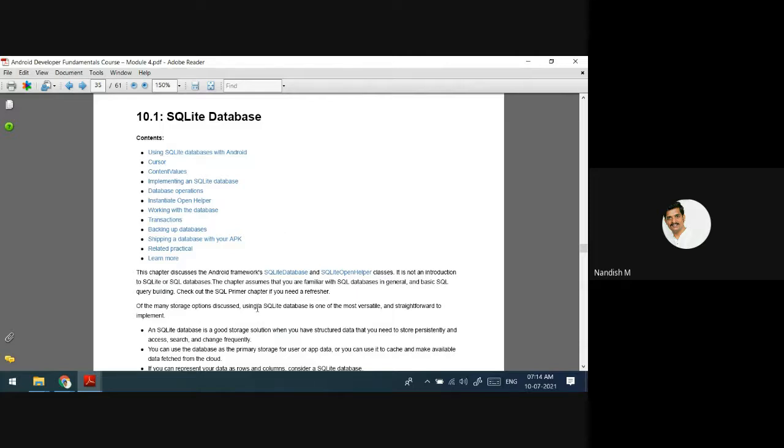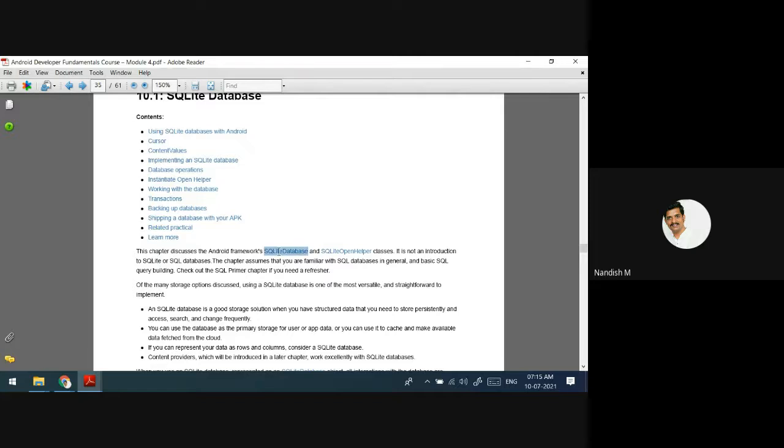It is the most famous, widely used database, because if you want to use another database, there are all the configurations that you have to do. But if you use this SQLite database, it's very simple. That is why they use this. But the problem with this is it is going to take the memory of your mobile's internal storage.